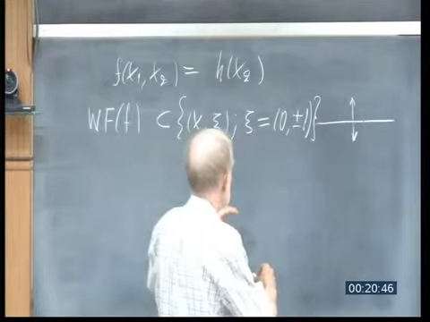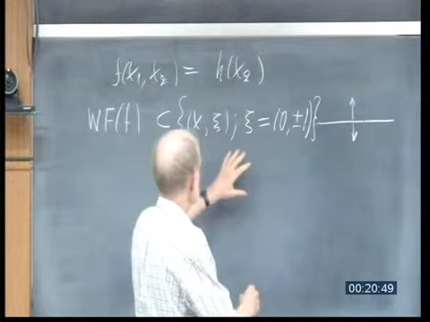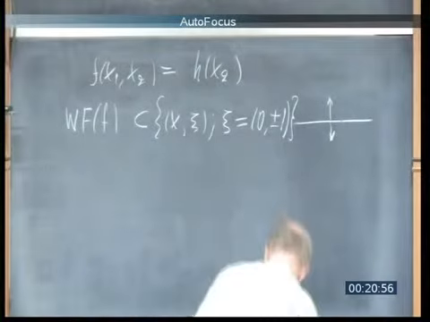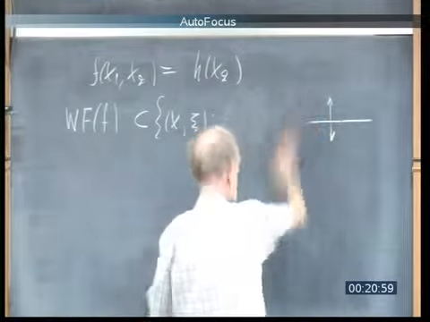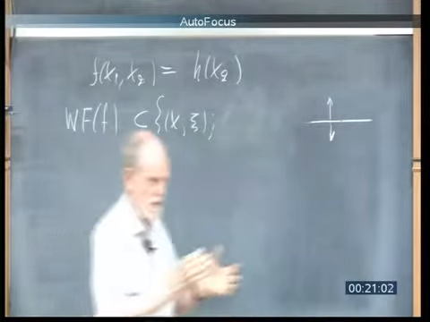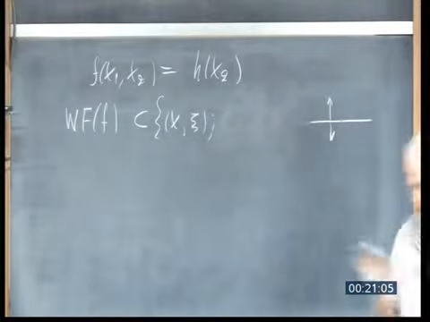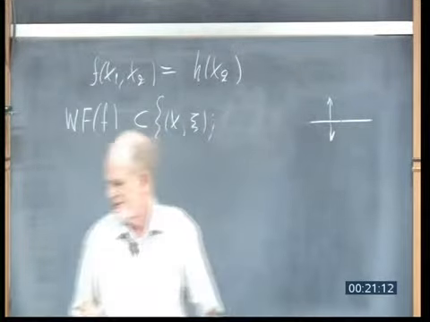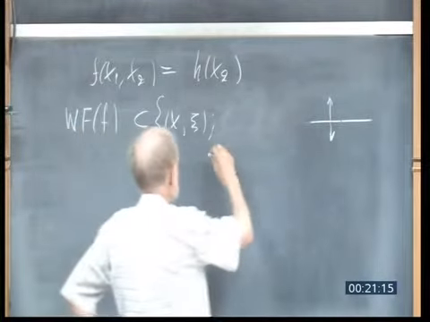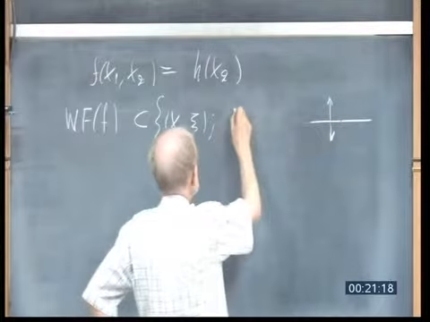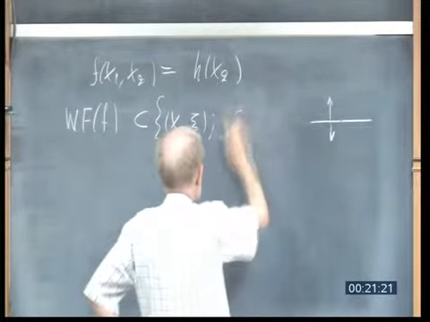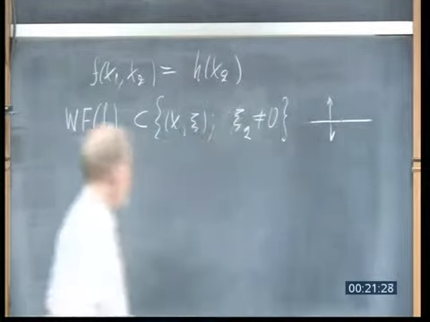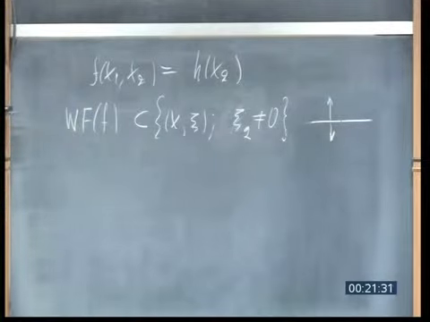Since we know that the wavefront set is conic, sometimes we use this sloppy notation, using just normalized covectors. So for any x and xi2 different from 0, put it that way. And we proved it directly from the definition by